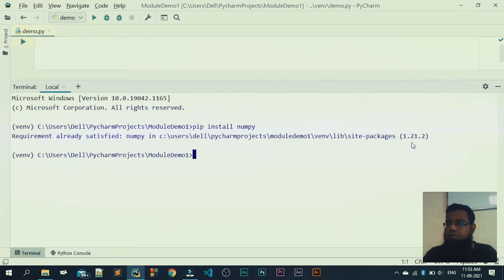So here you can see that it is 1.21.2. So that is the version of numpy that is installed here. And then to check the installation, what you need to do is that